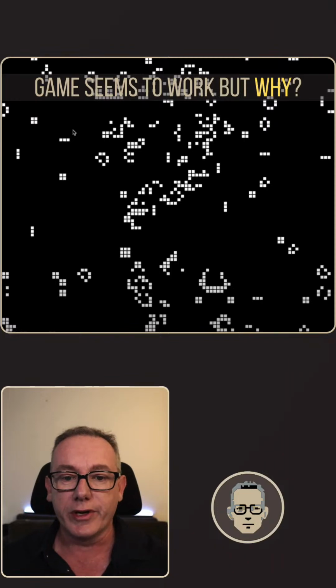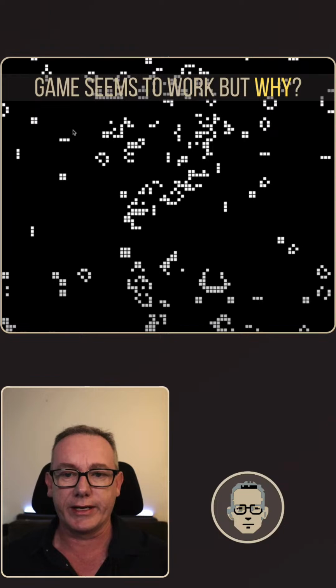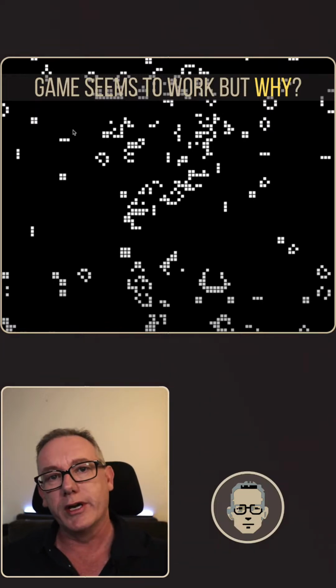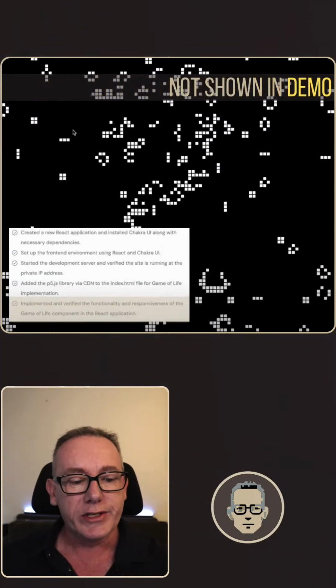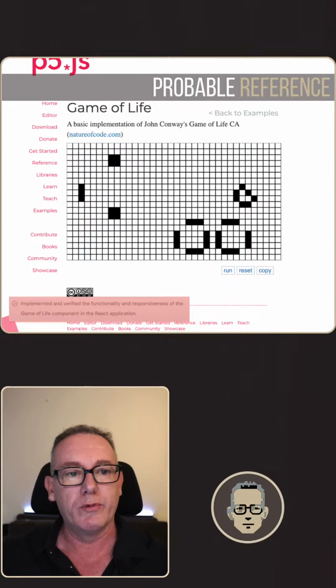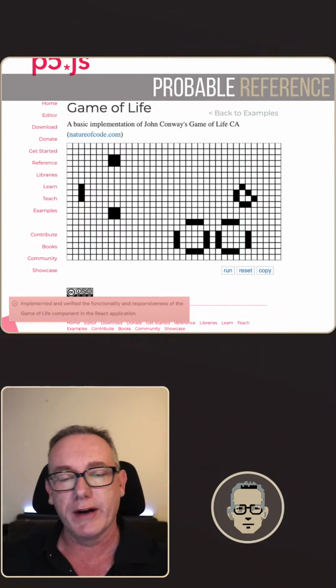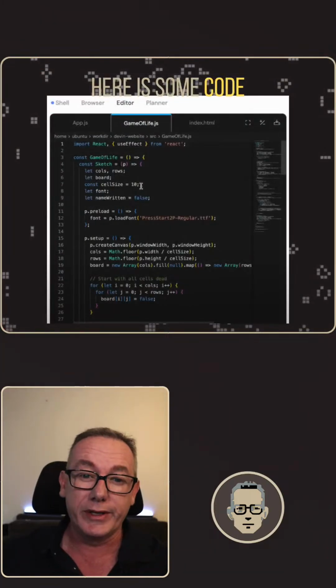So here we got the game working, and I was a little confused when I watched this demo. I said, okay, that's great, but why did it work? We only saw code for the HTML, not for the JavaScript. So one of the things that I did was just check how could it have worked. There was an example of the Game of Life on P5. I assume it found that example, but a bit further on, he shows a little bit of the code going